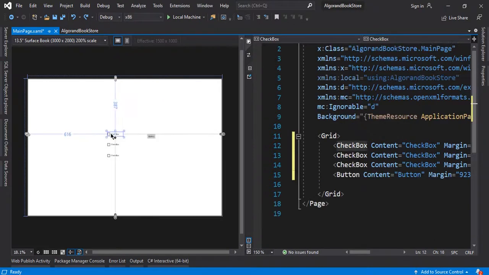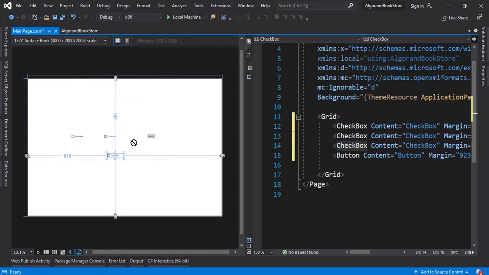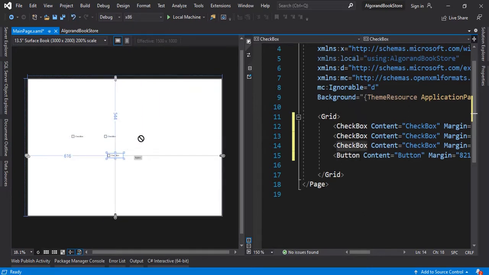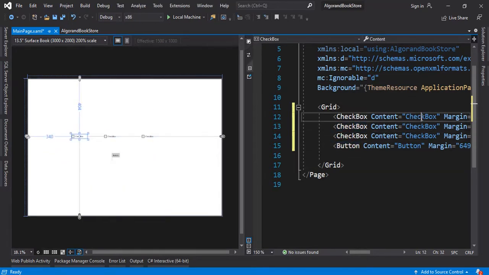Okay, so I'm just going to quickly redesign this. I'm going to make them horizontal, and then I'll bring this button down a little bit and bring the checkboxes together in alignment. Alright, then the button will be below, somewhere here. So having done this, let's head over to the XAML section, and then this is going to be